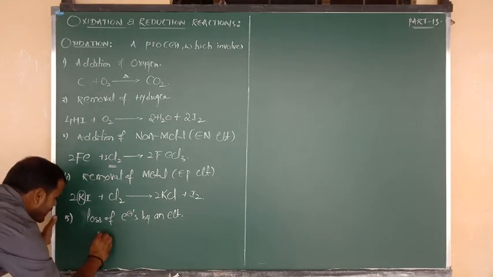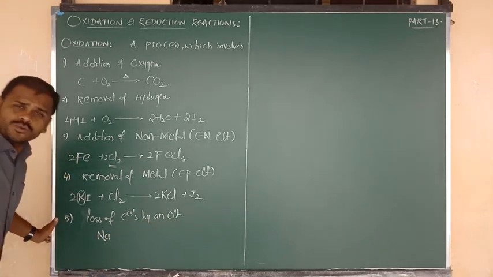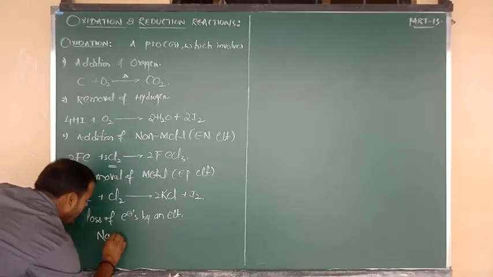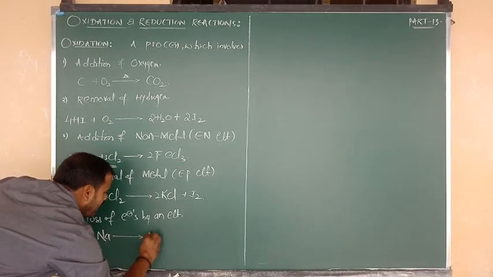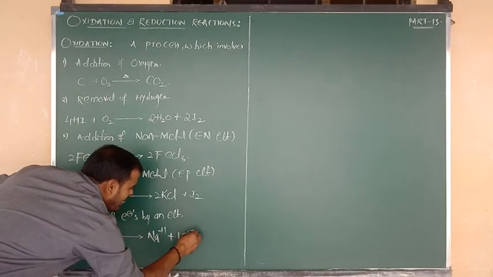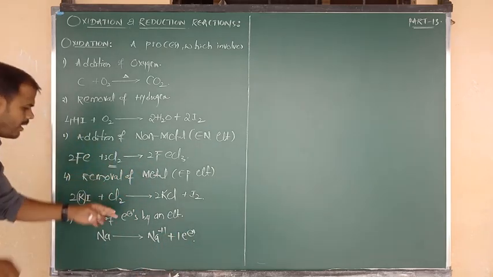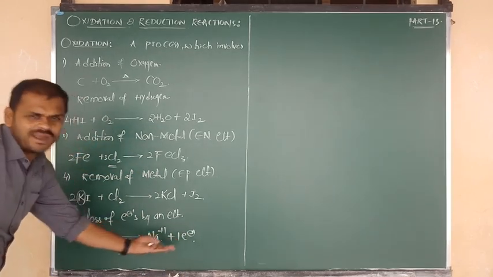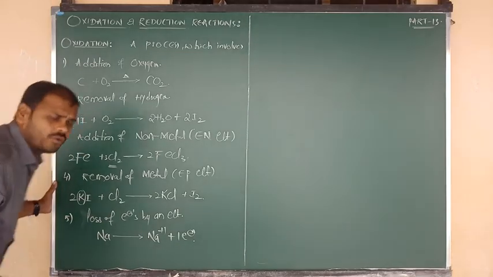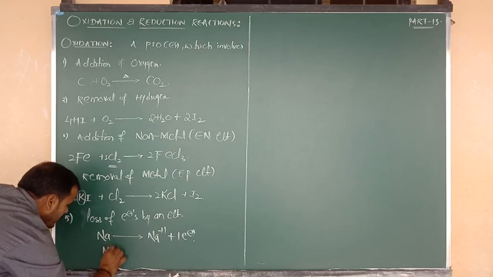First, suppose I consider sodium. It is an element or atom. Sodium belongs to the first group. It can donate only 1 electron. Valency is 1. So Na gives rise to Na plus because of losing 1 electron. The process which involves loss of electron, 1 electron, is also an example of oxidation. Another example I am going to show you. First, suppose that is nothing but Mg, magnesium.